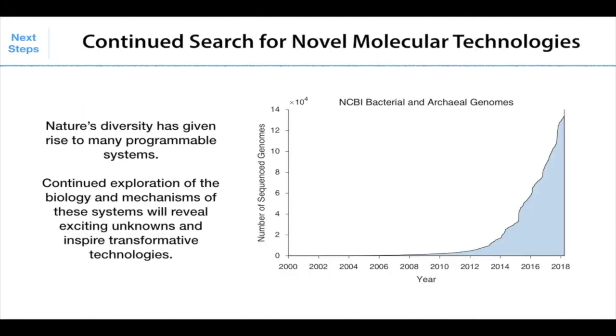So that's all to say that if you look at the diversity of bacterial sequences, which has grown quite dramatically over the past decade, now we have 140,000 complete bacterial genomes and many more in the metagenomic sequences. This wealth of data really is worth mining, and we'll probably find many interesting biological processes, and some of them will likely be useful.